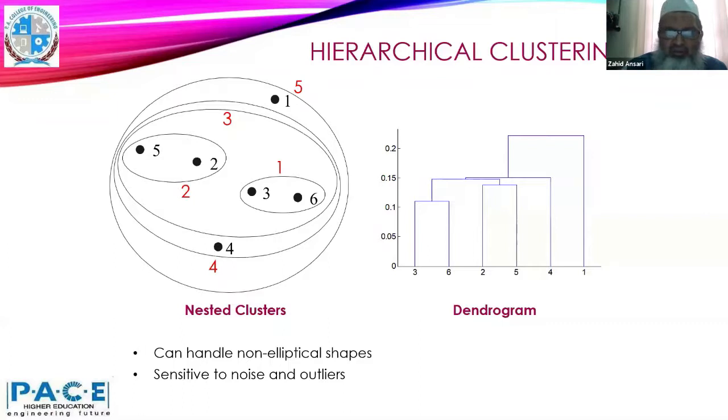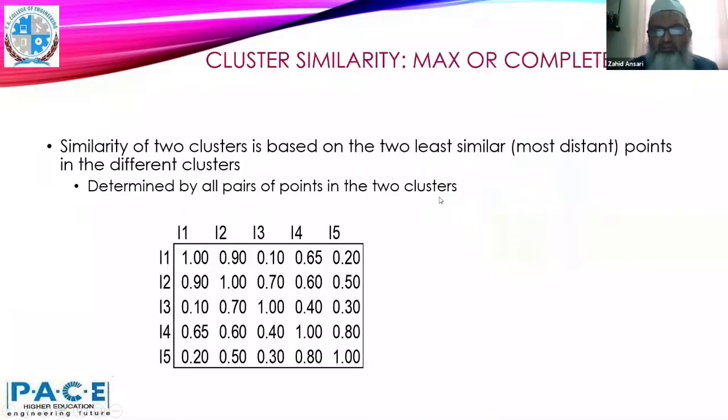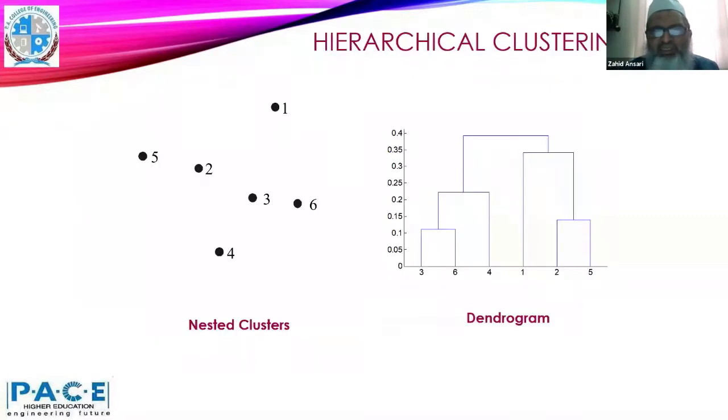Okay, let's go to the next kind of merging. Let's say maximum or the complete linkage. We'll see its example also. Look at this example. The same thing we are doing, but here our linkage criteria is max. Between the two clusters, we are looking at the farthest distance. So now every point is a single cluster over here.